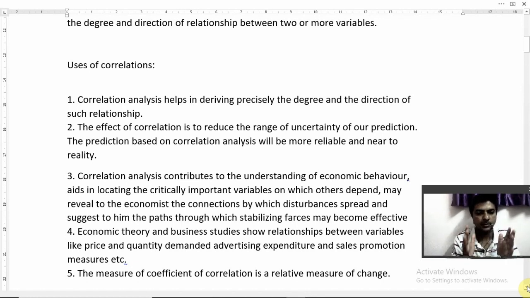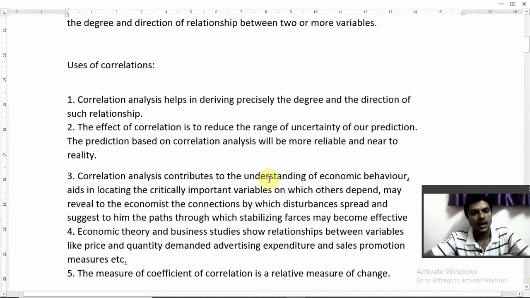When you study, when you practice the problems, when you come to the conclusions, when you remember all the formulas, definitely you are going to pass in the exam. That is our prediction. Remember this, students. Very, very important. Correlation analysis